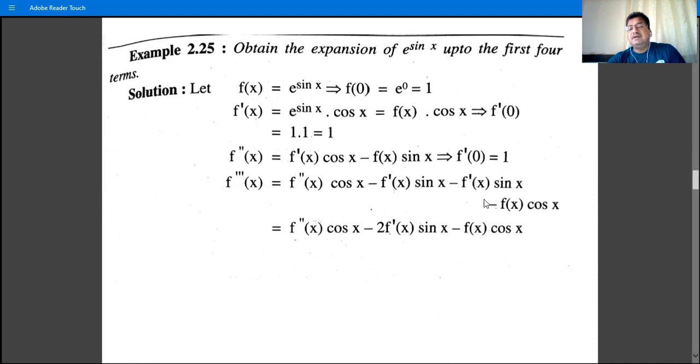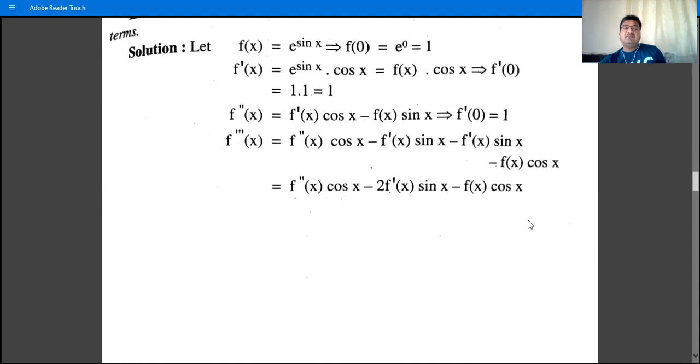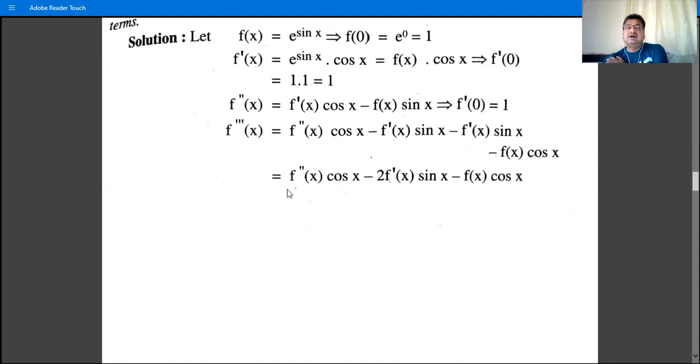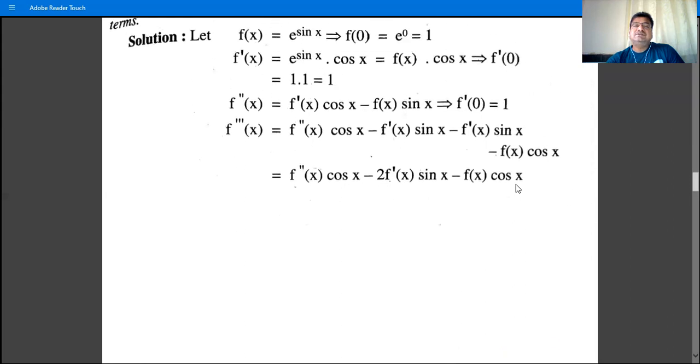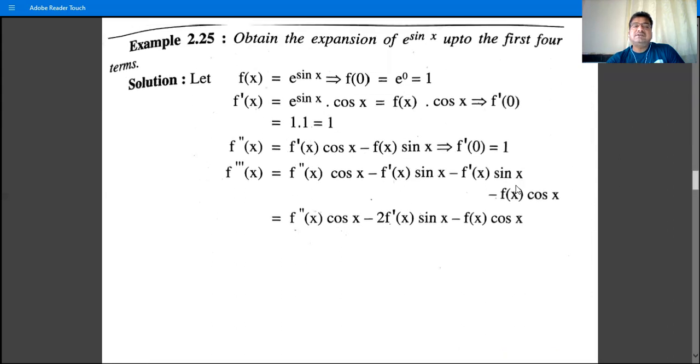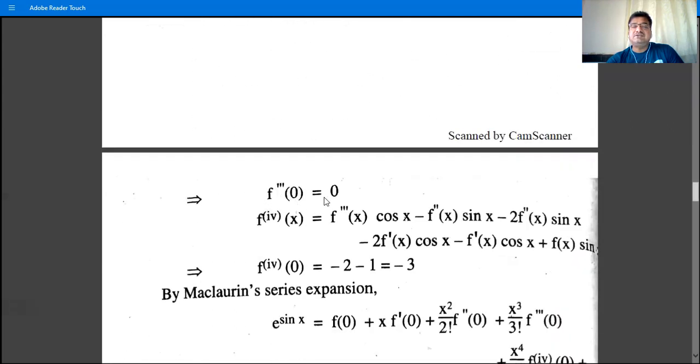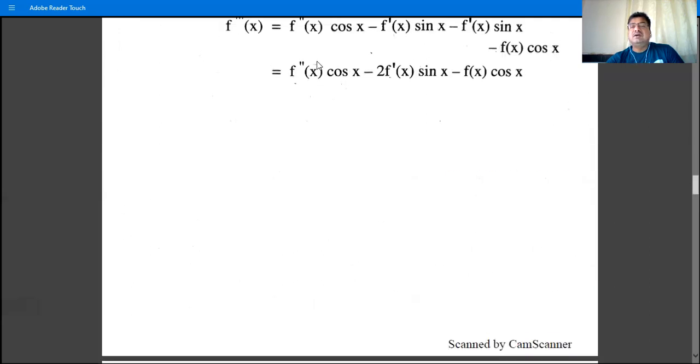After the effect of the negative sign, we have minus f(x) sin x, derivative is cos x. And then we have this f''(x) cos x. These two terms become minus 2 times f'(x) sin x minus f(x) cos x. Okay, so this is the third order derivative, and then its value at 0